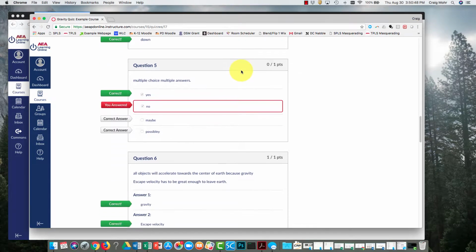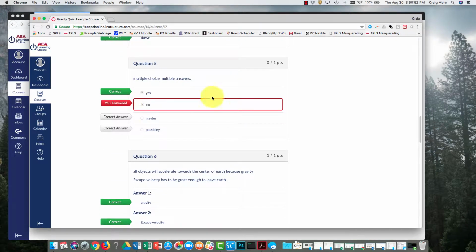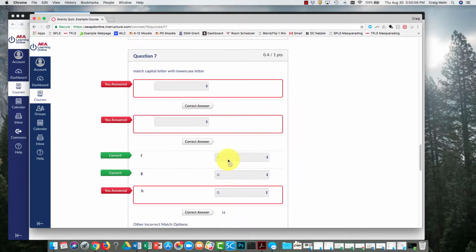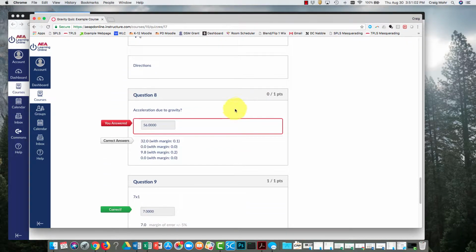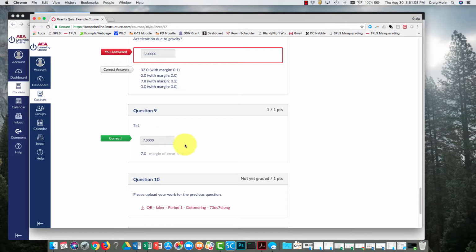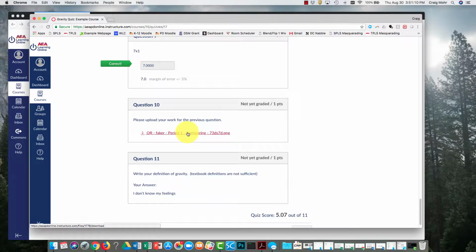Now let's look at a different one. I got this one right and this one wrong. Those cancel out, so I got 0. Up here, I got 2 of the 5, so that's going to get me 40%. Right here, that one's not right. That one is. Looks like